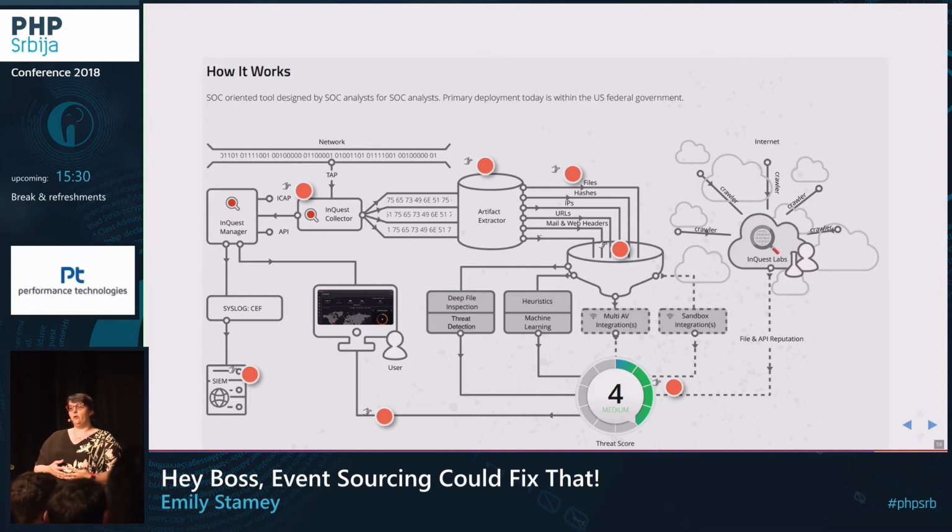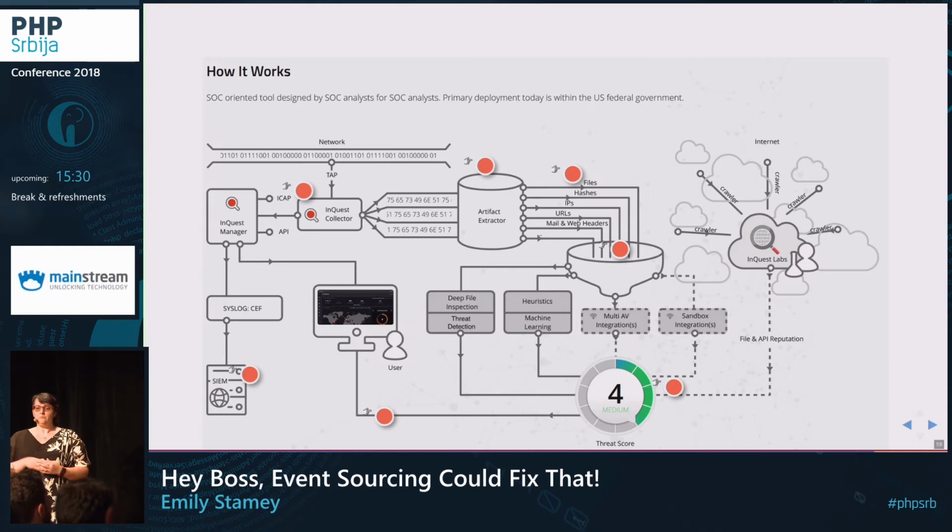And our product's not very old, but it has evolved really rapidly because it's in a part of the security market that doesn't exist. There's no other product, as far as I've been told, that does this. And it's really, really useful. But we're getting a lot of feedback from the people who are using it and changing rapidly. So we've got some schemas that are really complicated, and they're not built the way that we would build them today. But we also have several different pieces doing this analysis behind the scenes and deciding where the threats are.